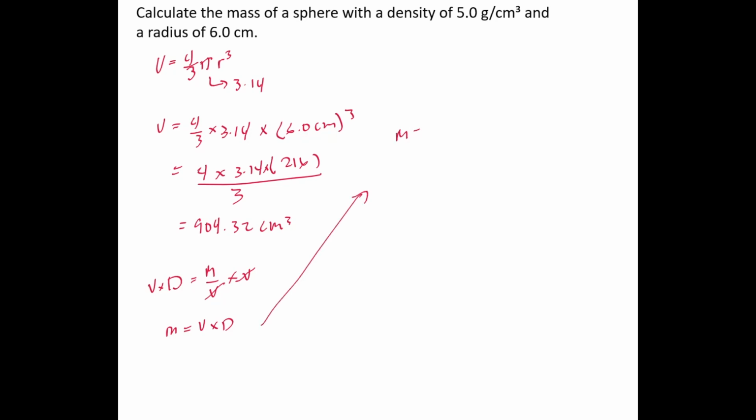Okay, so let me do it here. So M of the sphere is equal to the volume that we just computed. This is the volume. So that's 904.32 cm cube, okay, multiplied by 5.0 grams per cm cube. Obviously, the cm cube, sorry, this is cube, the cm cube will be cancelled. So now we have